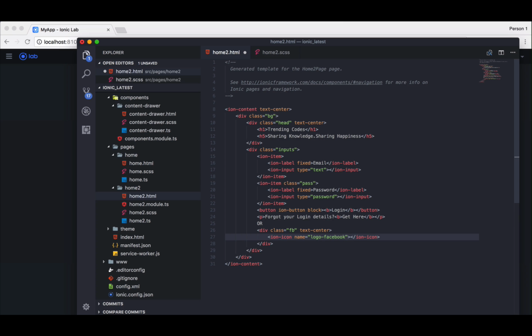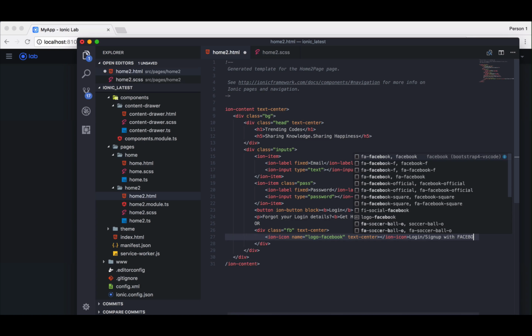Correct? Yeah, cool. And the text should be center, text center. Okay. Right over here, I'm going to say login or sign up with Facebook. Okay,